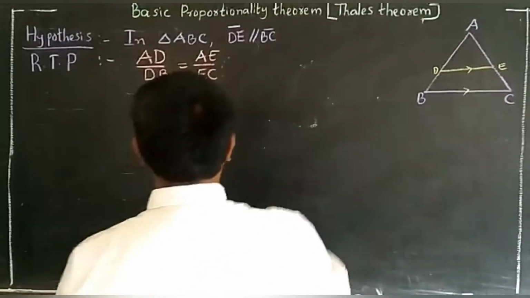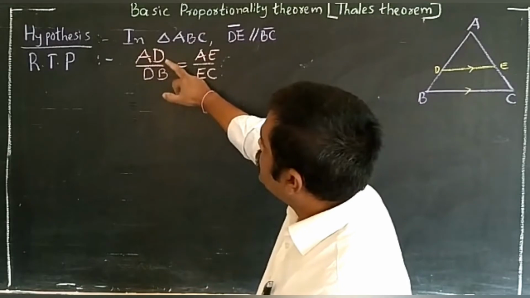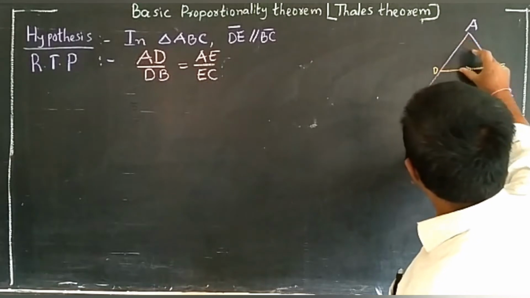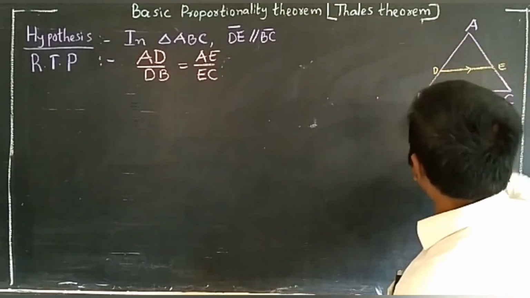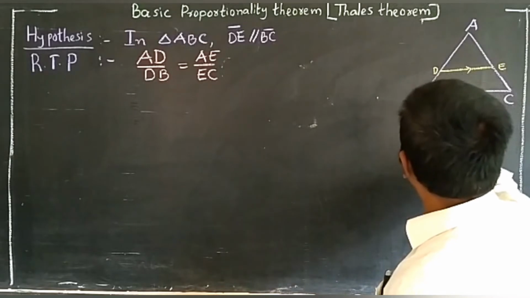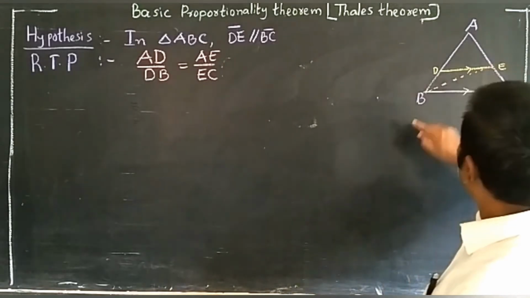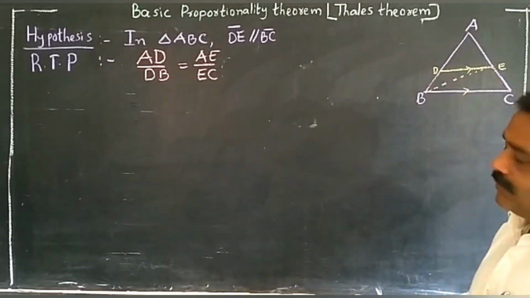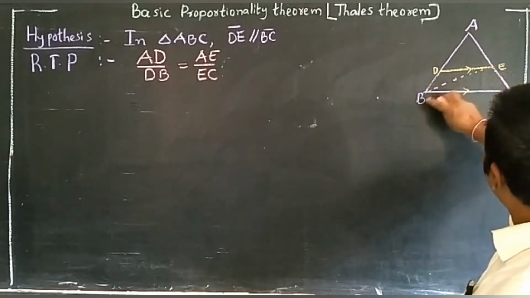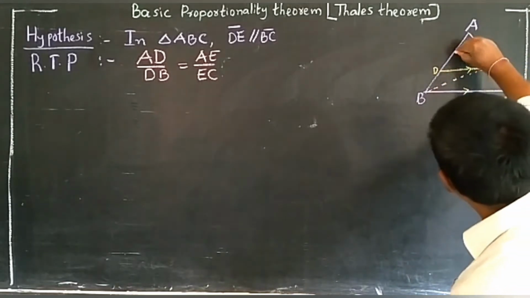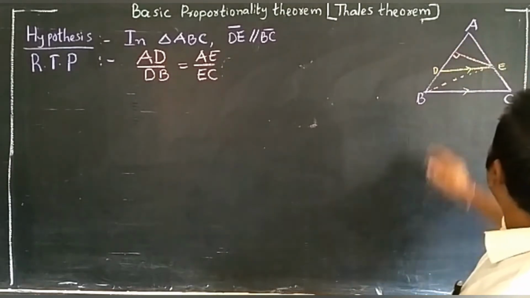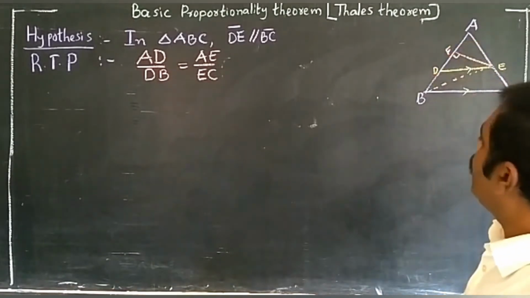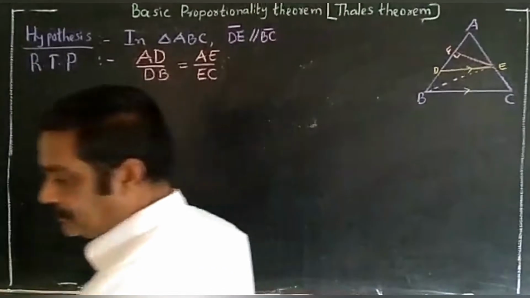Why we need the construction: I am going to compare the AD base and the DB base. On the AD base there is a triangle, but on the DB base there is no triangle. That's why I do some construction. Join like this: I constructed BE. For these two triangles, one obtuse angle and one acute angle, we need the altitude, and both triangles have the common altitude, for example FE.